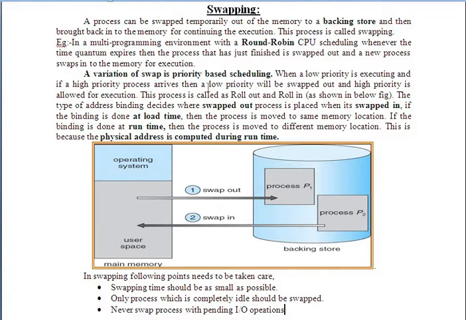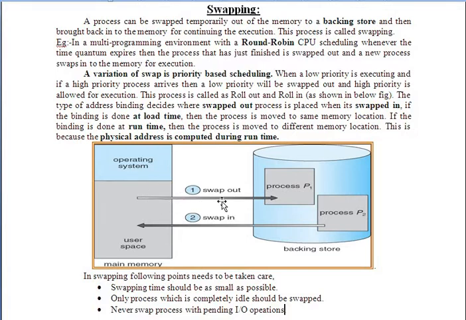And the second case is priority based scheduling, wherein say for example P1 is executing now and suddenly a process P2 with higher priority came in, and then obviously we have to make sure that P2 should be given the CPU for the execution, not P1. So P1 has been swapped out. I hope you understand how swapping works. Now as I told, in this case P1 has been swapped out from the user space. Once P2 completes its execution, P1 again comes back and continues its execution.